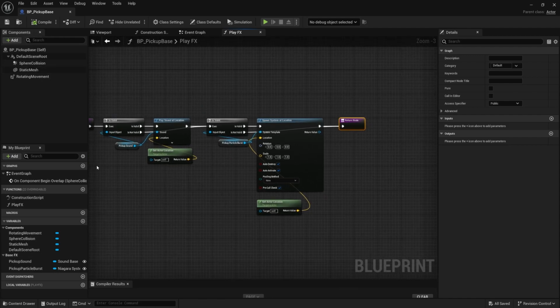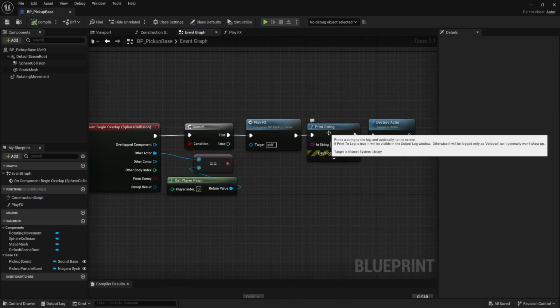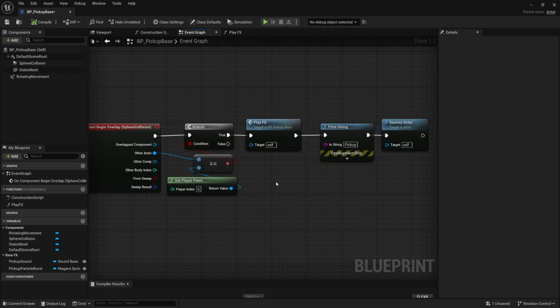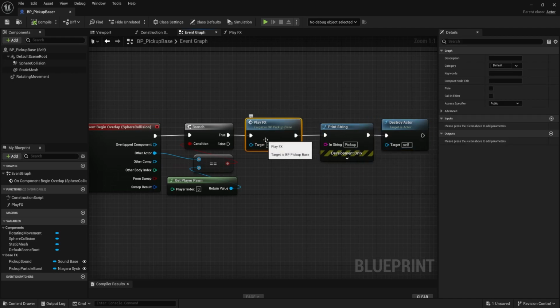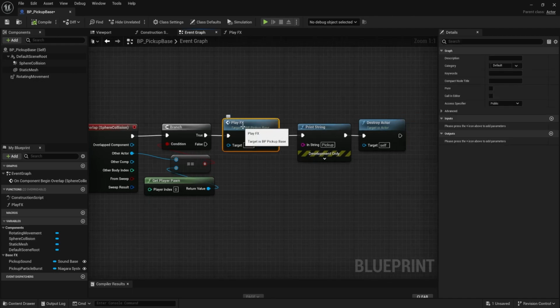And the last thing I want to show you regarding cleanup on this play effects function, go back to my event graph. Right now, other objects and eventually my child objects will be able to play our effects and access it and call it. We don't really want them to be able to do that. We only want to play the effects here. We only want to see it on the pickup base. In this case, we want to make this function private. This is called encapsulation in programming, which is only expose what you need to and hide things that other things don't need to see. So we're going to select our function, our play effects, and we can choose an access